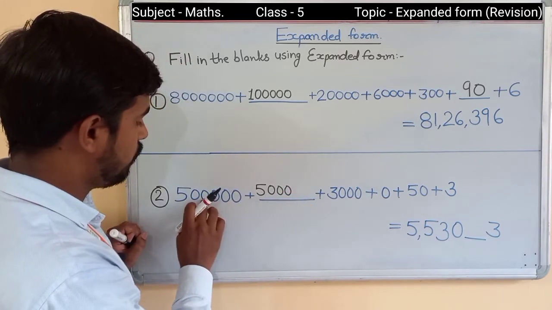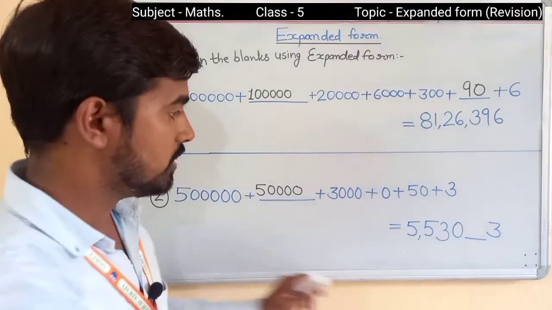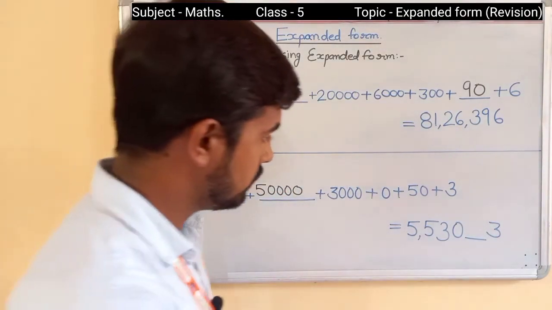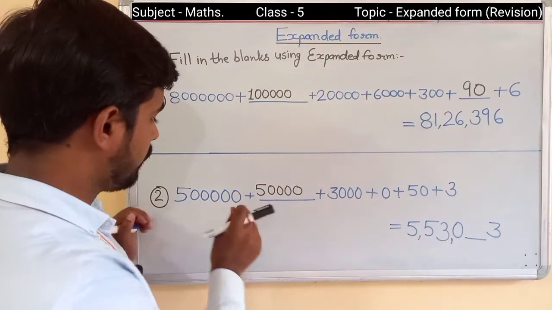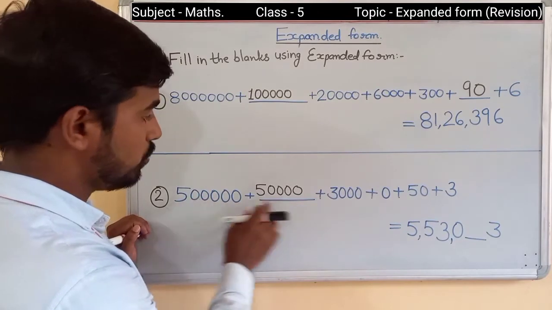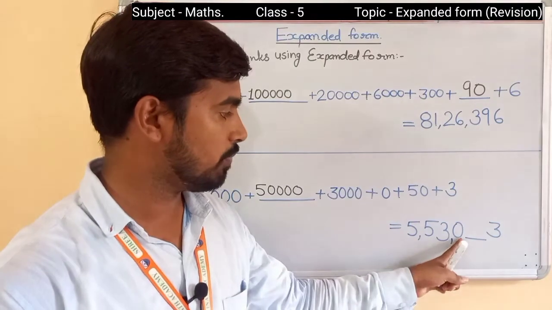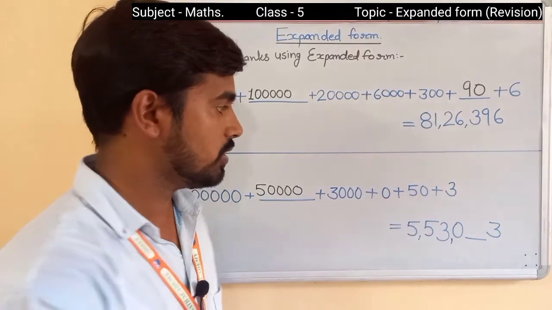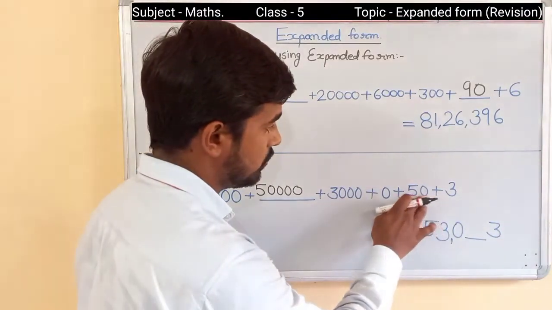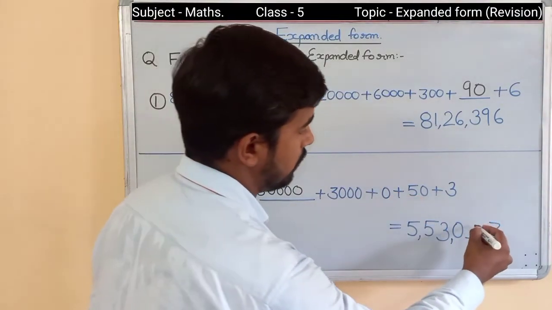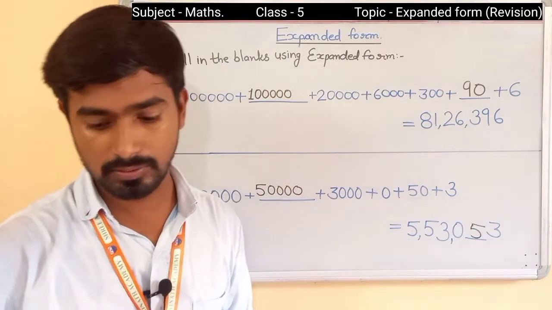So 1, 2, 3, 4, 5. 1, 2, 3 and 4. Okay. So we have missing 50,000. Okay children. Now here is 1, 2, 3, 4, 5 0. 1, 2, 3, 4 0. 3 0 single because this is the place value of this 0. Now this is the 50. Okay, 5 times. So this is missing here. You can write here 5. Okay children, so this is your fill in the blanks.